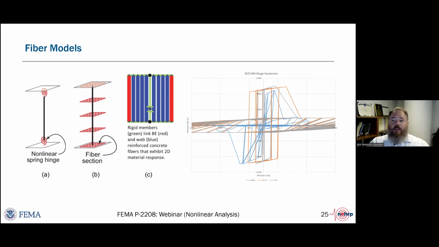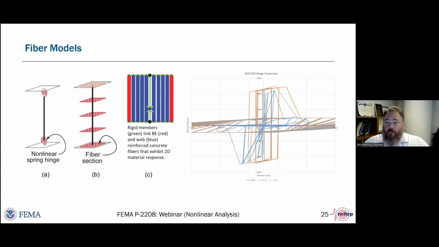But there is an ability to use a different type of model that discretizes the cross section into individual fibers, and each individual fiber has its own stress-strain relationship that then is tracked directly in the analysis model and leads to the nonlinear behavior of the component.